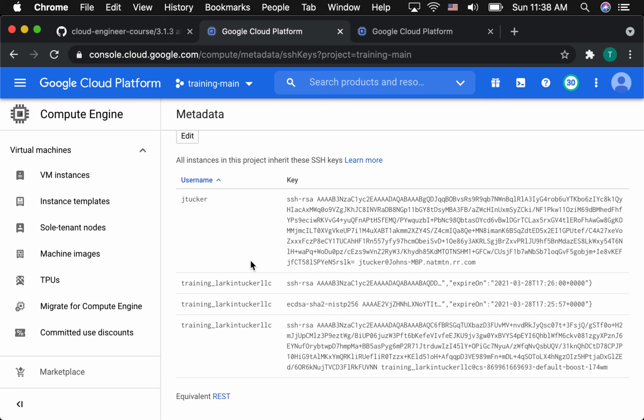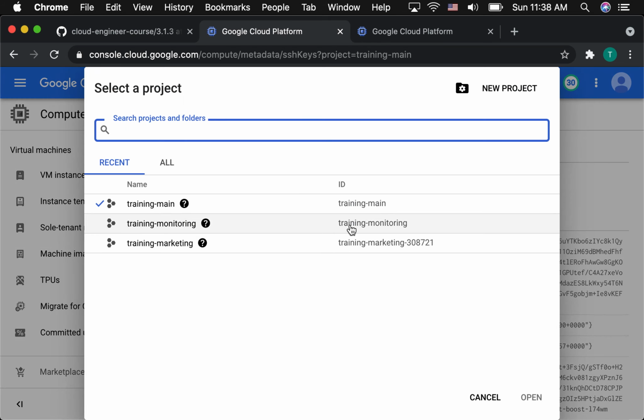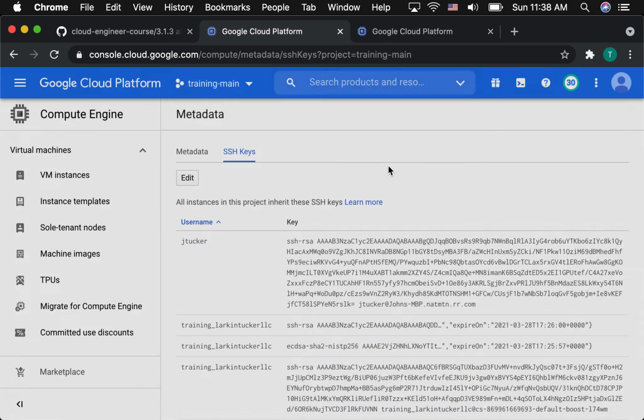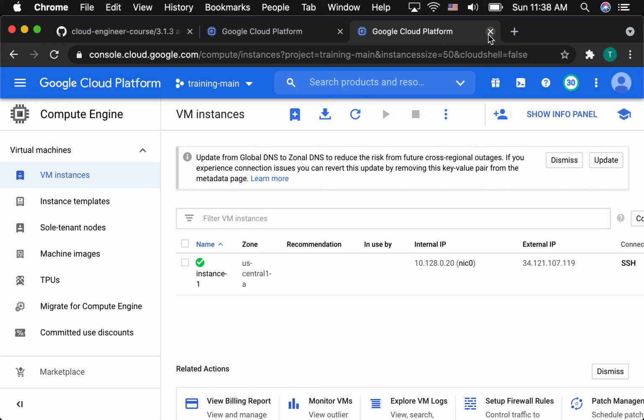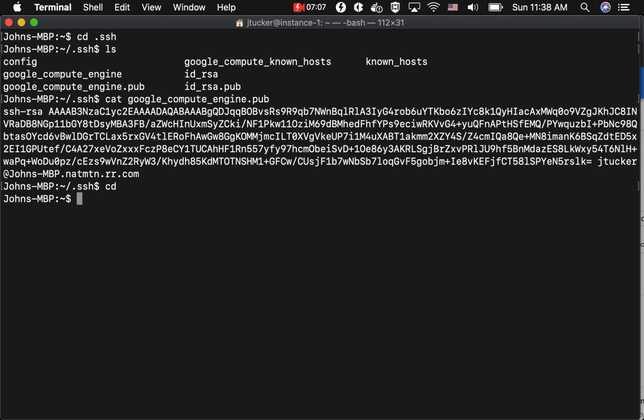So what we're going to do now is go through an exercise of creating yet another key that we can use instead of using the gcloud command, so I can use secure shell. What I wanted to do was illustrate this: if I try to connect to this IP address using just plain old secure shell,